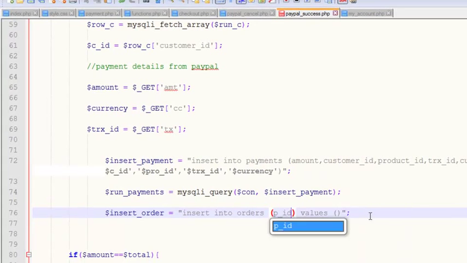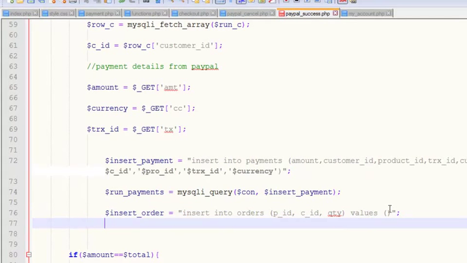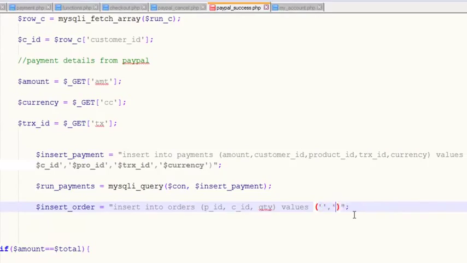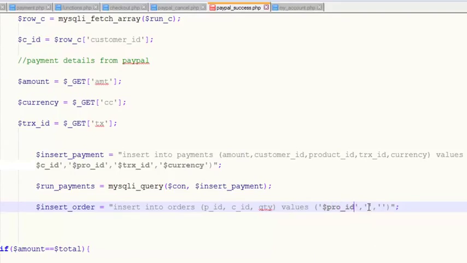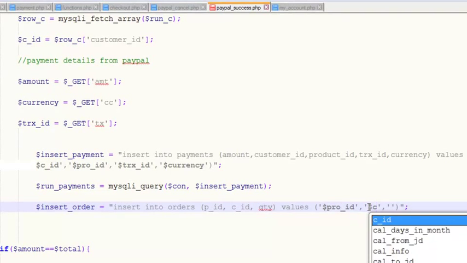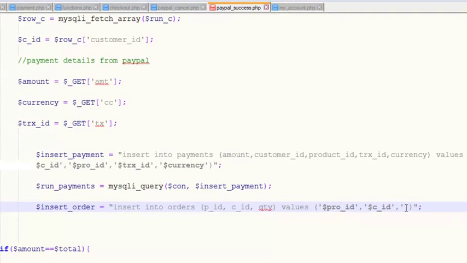P underscore ID, C underscore ID, and QTY. That's it. Okay, that's fine. We will add data here inside 3 single quotes, and one is PID is pro ID basically, and customer ID will be from CID, and the quantity basically we don't have